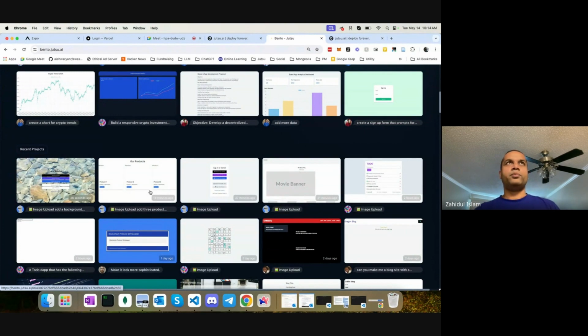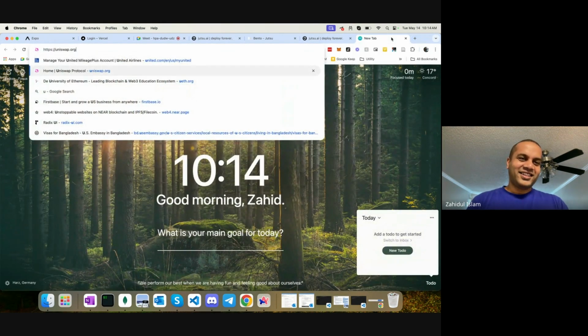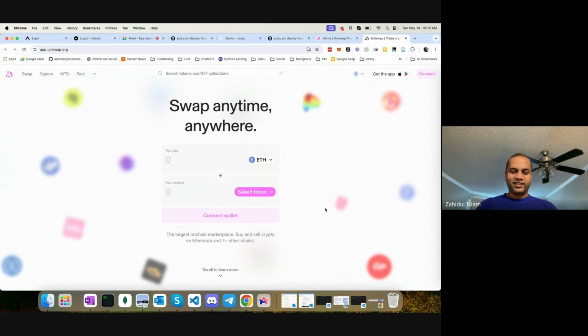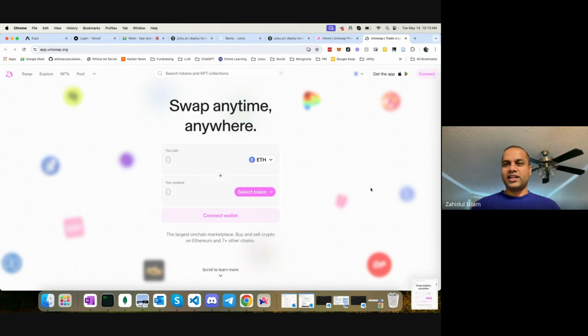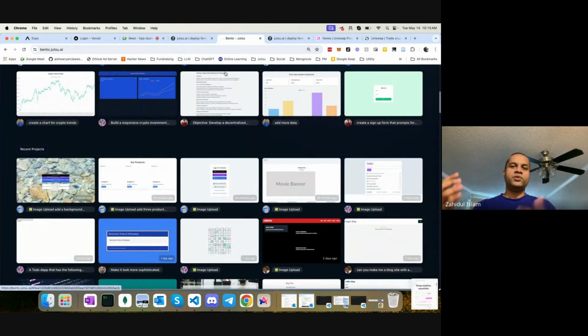So the way I see it, it's going to be heavily useful for non-technical people, where they want to start building something, some UI. Imagine you are building a DeFi project, and you obviously need a landing page, or you want to build this Uniswap. How many of us showed the example of Uniswap? So imagine if you have to build this UI, now literally you can just take a screenshot of this page, and you'll have a Uniswap user interface in a few seconds.